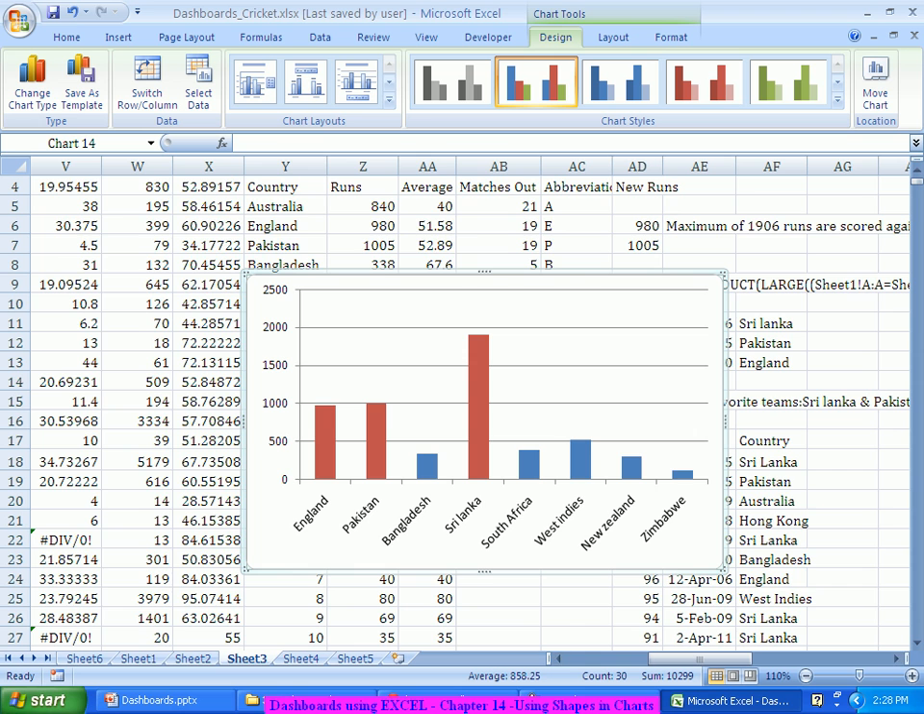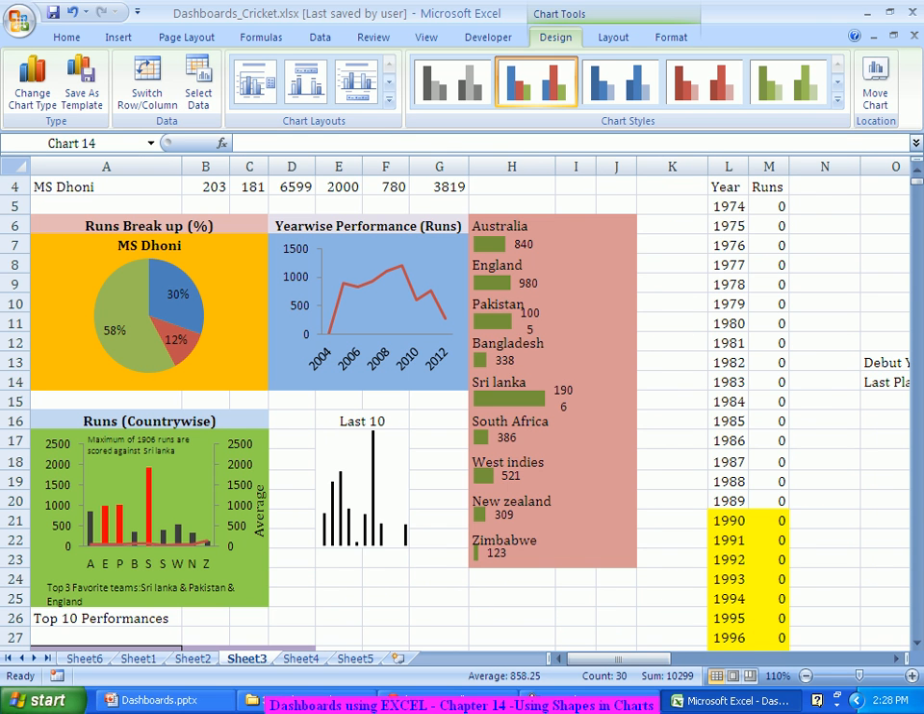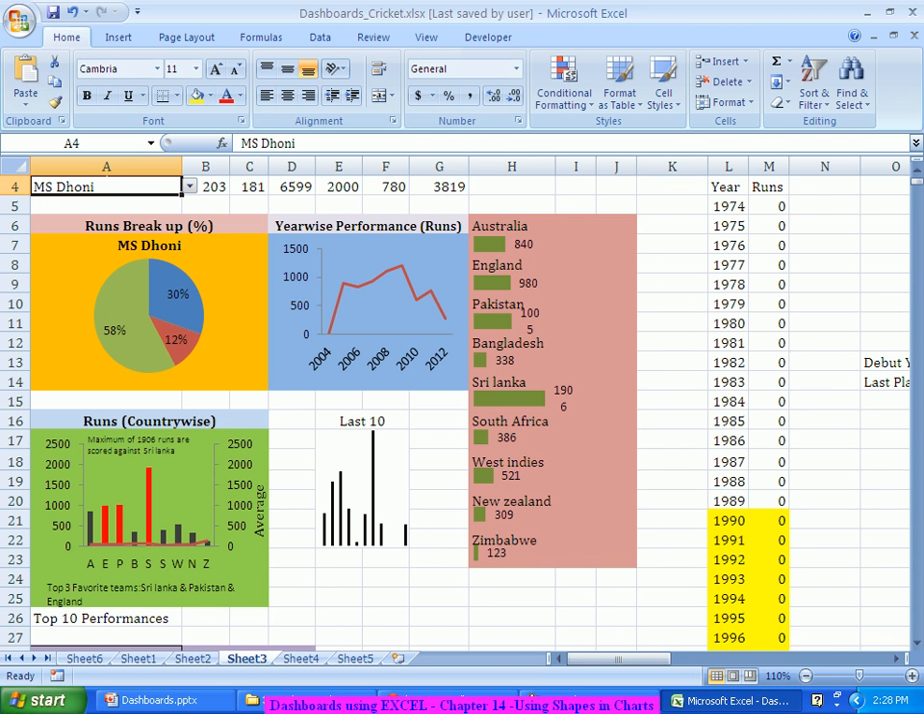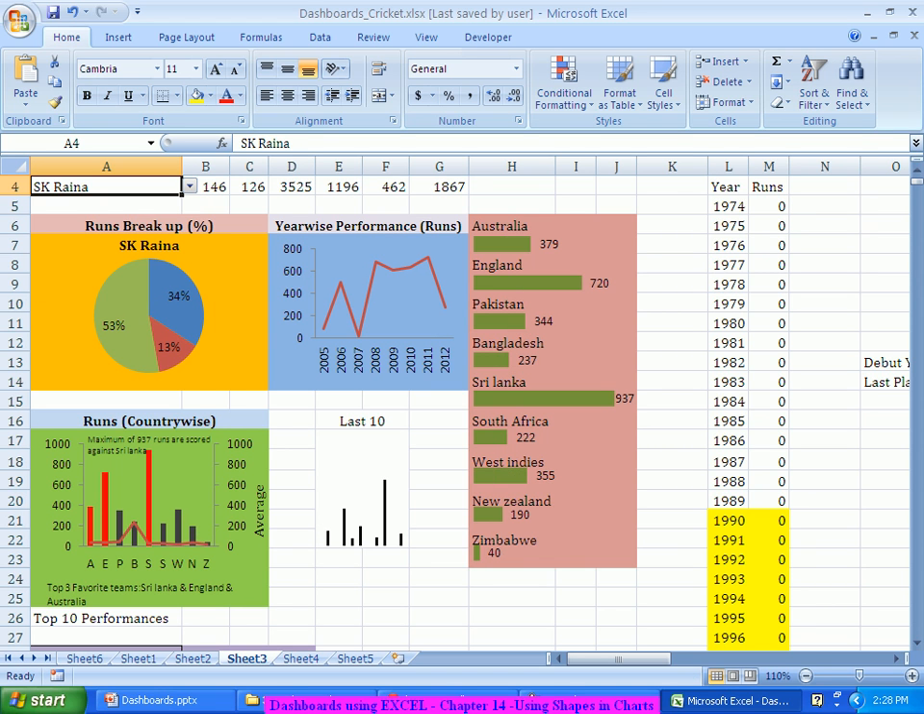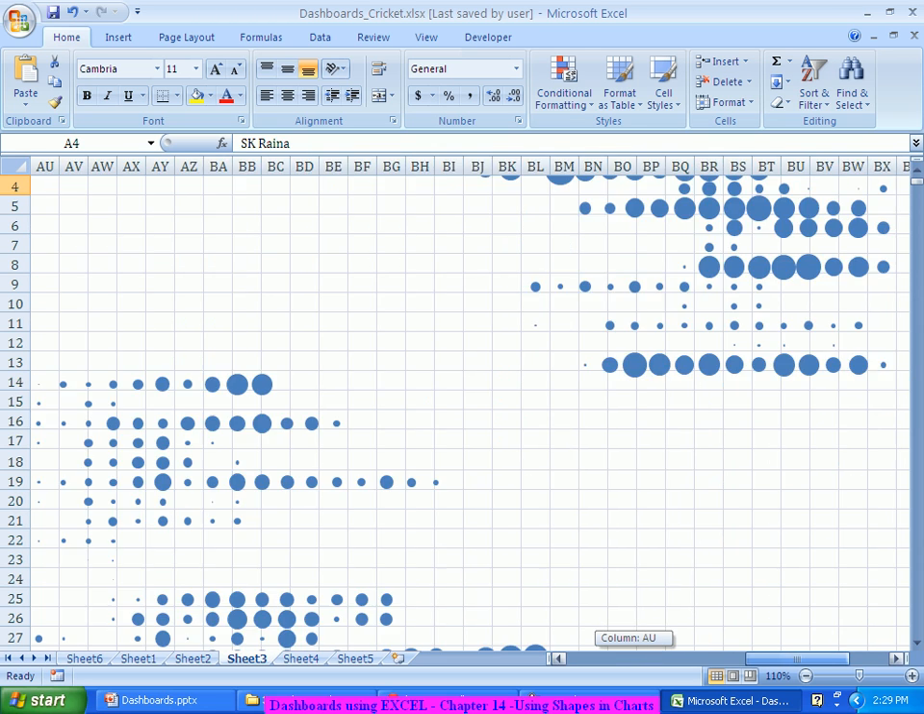So the moment I change the name of the person, the chart is also updated. So this is entirely driven through your logic. All these things are purely driven through your logic itself, the more and more you are creating your formulas. Now for this person, these three countries are highlighted, and even this 937 is scored against Sri Lanka. Your chart is updated, top three favorite teams are updated. All this story is clearly updated, and even here if you see,